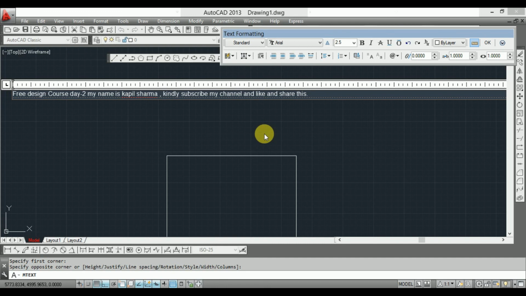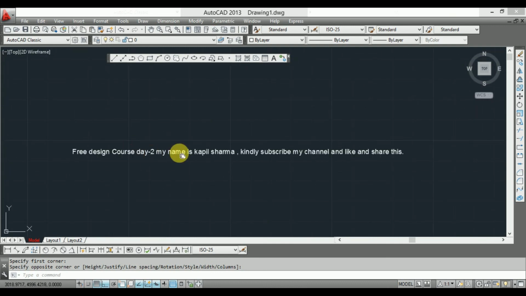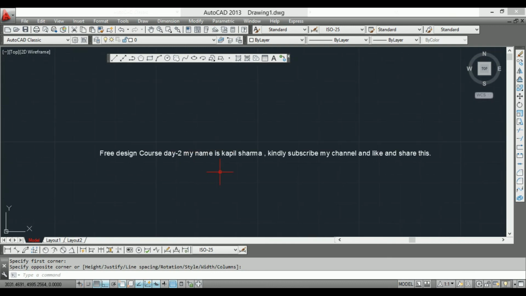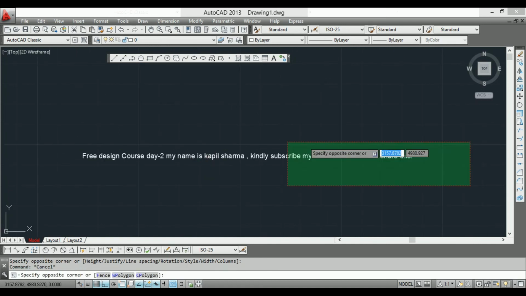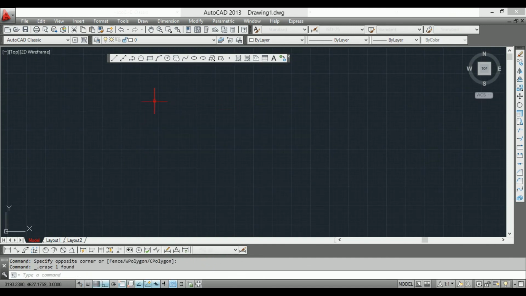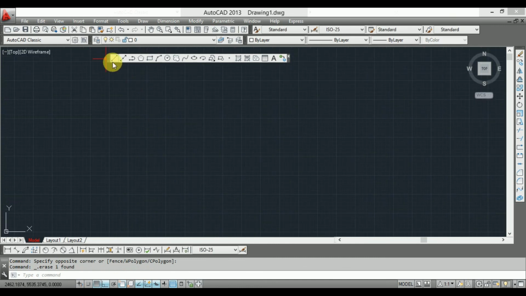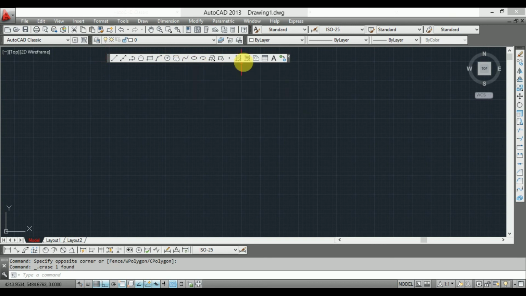You can see this is too small because my window is too big. I wrote it with the text command. So guys, these types of commands are in the drawing bar. Every command I taught you: line command, construction line, polyline, polygon, rectangle, arc, circle, cloud, spline, ellipse, hatch and region. So guys, the draw commands bar has been completed.